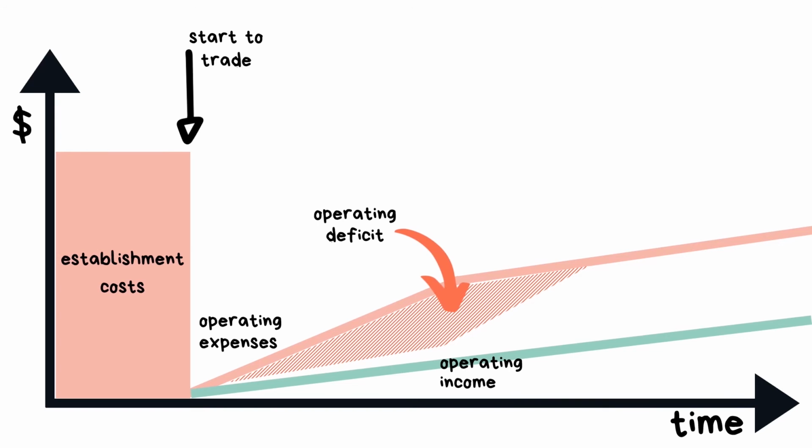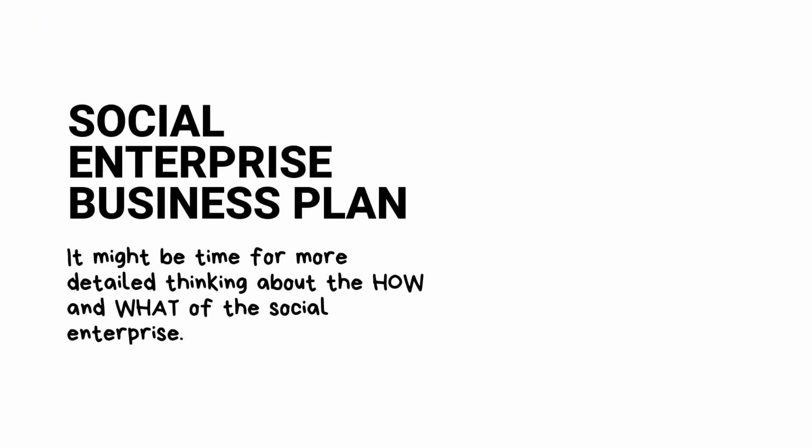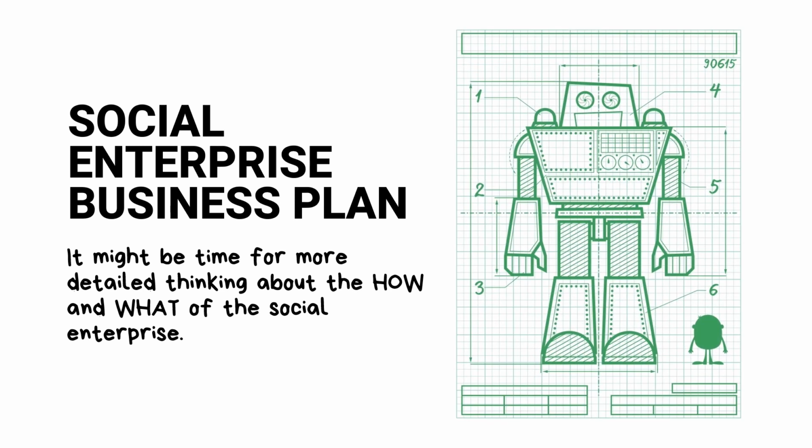Also, as we have said, social enterprise is complex, with lots of stakeholders, which of course introduces a tension and a challenge. How do you remain realistically prudent in planning your social enterprise and at the same time excite and energize others, including potential collaborators and funders? One solution to this is more detailed thinking that can help inform the story about how the social enterprise will be built, how it will run, and what it will achieve. In other words, social enterprise business planning.